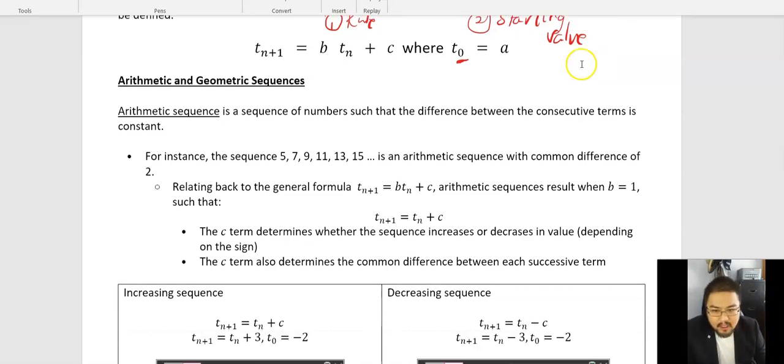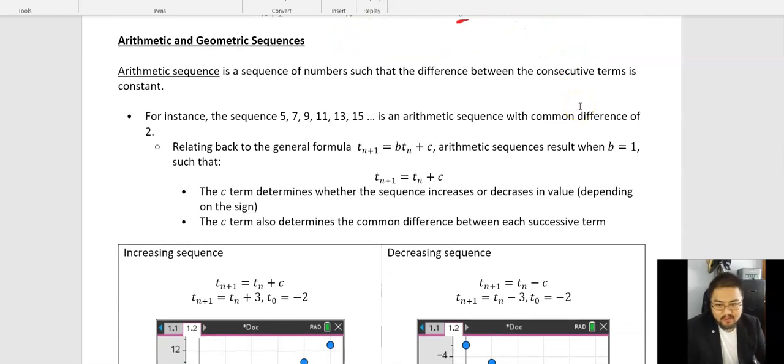Let's move on to the next bit. Arithmetic and geometric sequences. An arithmetic sequence is a sequence of numbers such that the difference between the consecutive terms is constant. So, in other words, it's saying that the next term compared to the previous term, there's a constant number that goes up by even amounts. So, for instance, the sequence 5, 7, 9, 11, 13, 15 is an arithmetic sequence with a common difference of